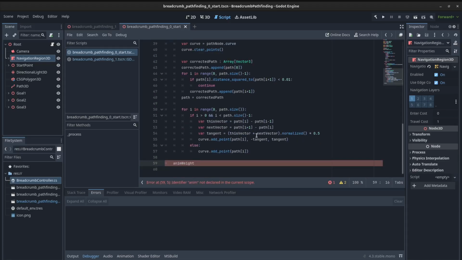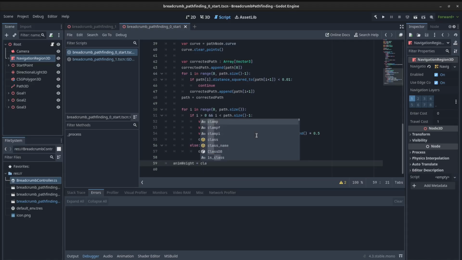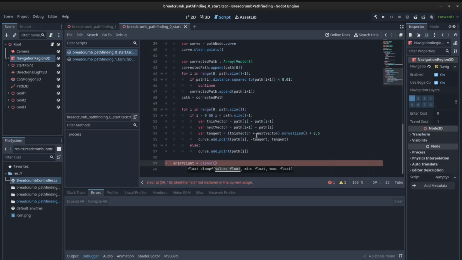So let's do anim_weight equals clampf, so that's for float. And we'll say anim_weight plus, so this is the current animation weight, which right now is 0 if we just pressed one of the keys. Or if it went to the next frame, it will have a different animation weight, or an increased animation weight. So we can do anim_weight times,